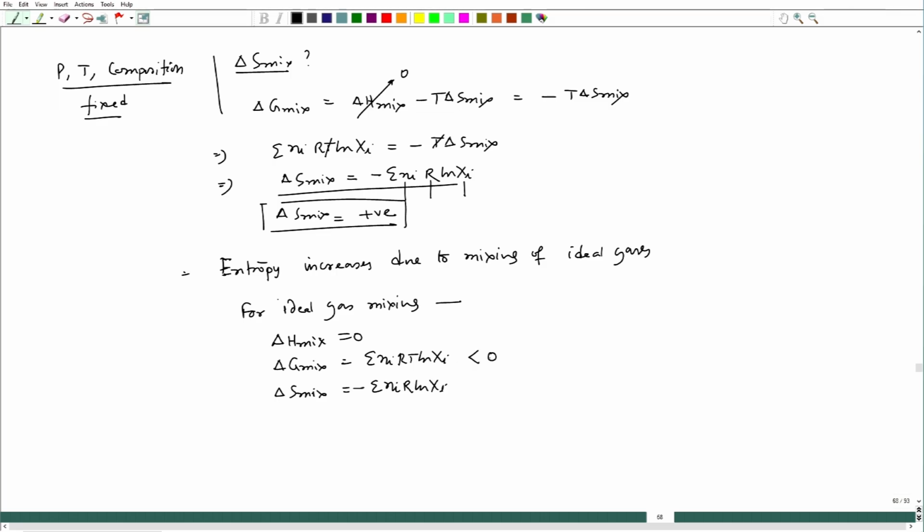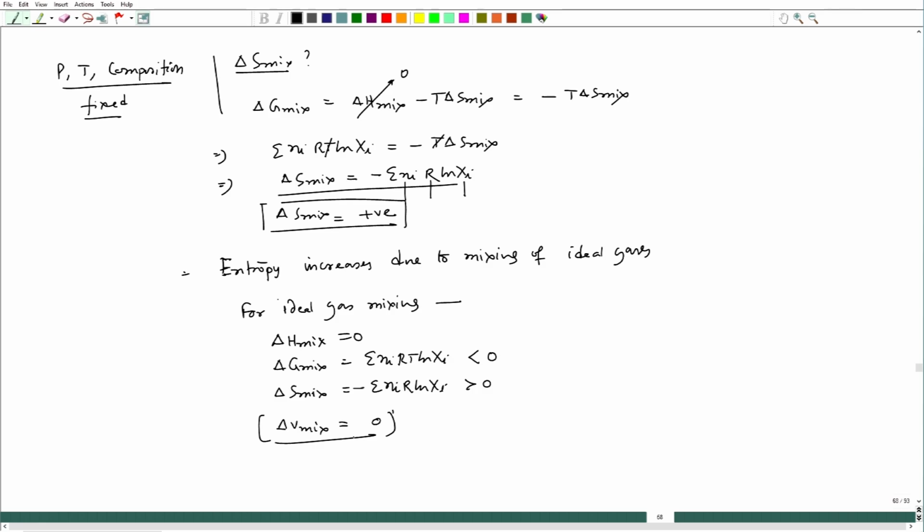So, this is less than 0, this is greater than 0. So, now we see that 3 relations we get: delta H mix equal to 0, delta G mix less than 0 and delta S mix greater than 0 for the ideal gas mixing. In fact, we can also prove this. Molar volume before and after mixing, that delta V mix is also 0, but for this we will try to